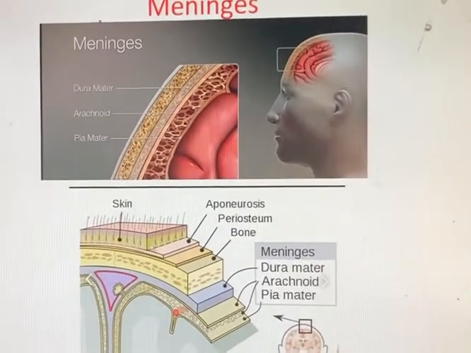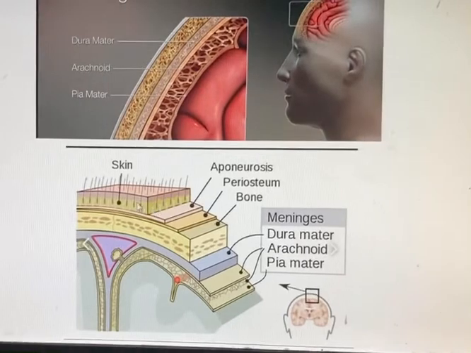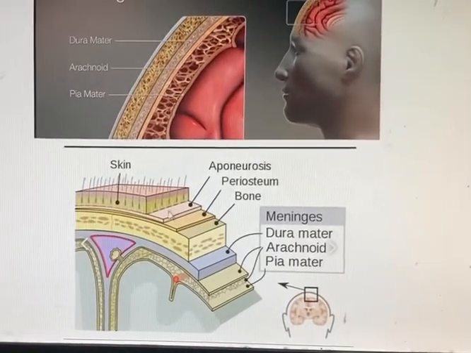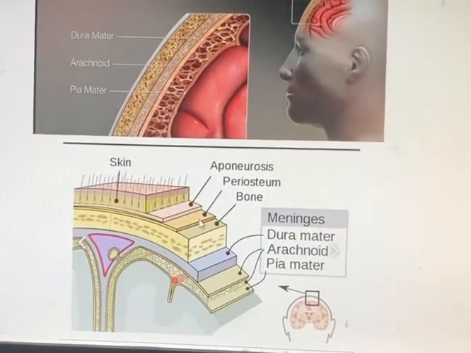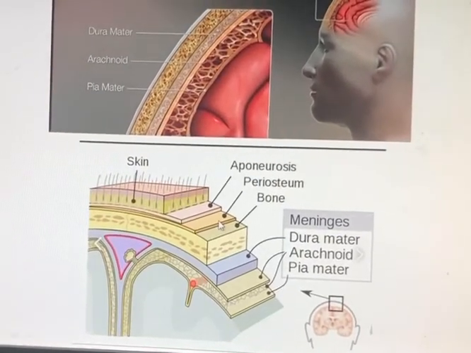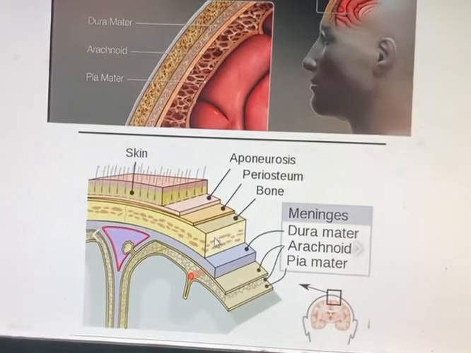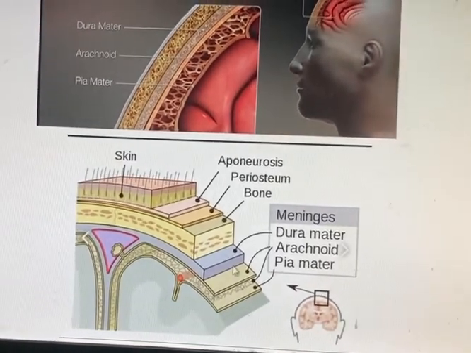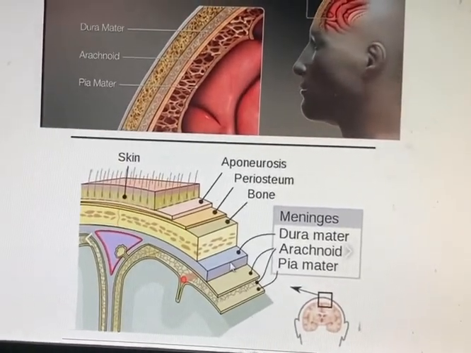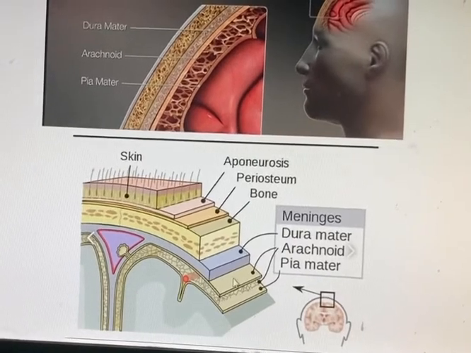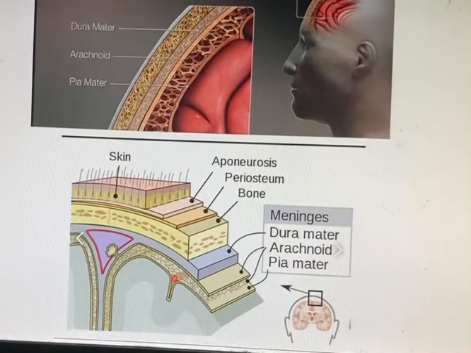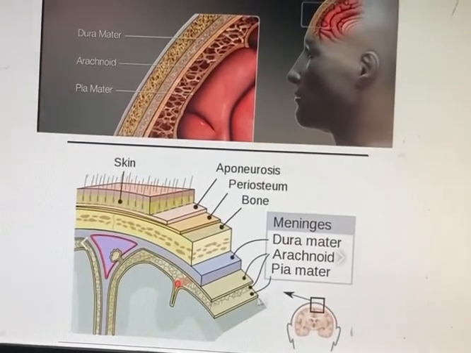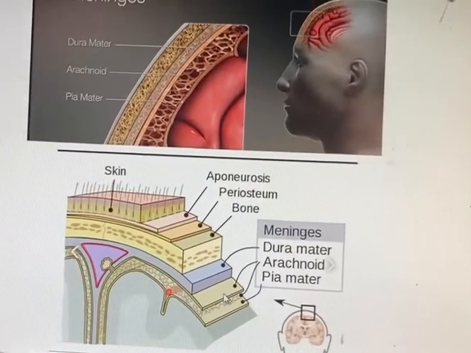and this one is the scalp where hair grows, and these are the layers of the connective tissue. Then the covering of the bone is called the periosteum. Here the bony skull starts. Here the meninges, formed of 3 layers: dura mater, arachnoid mater, and pia mater. If any infection occurs in the arachnoid mater, the disease is called meningitis.